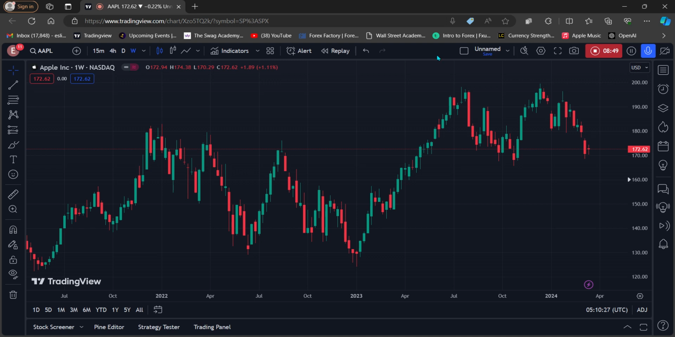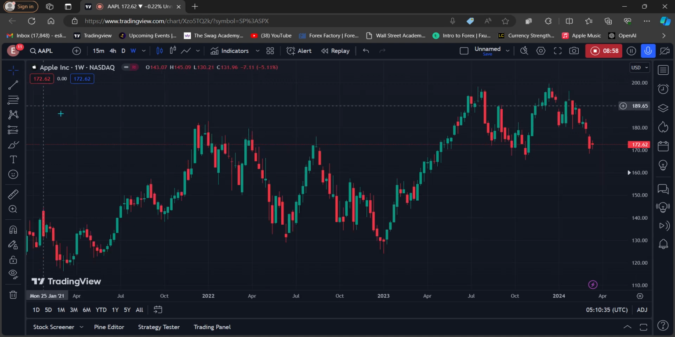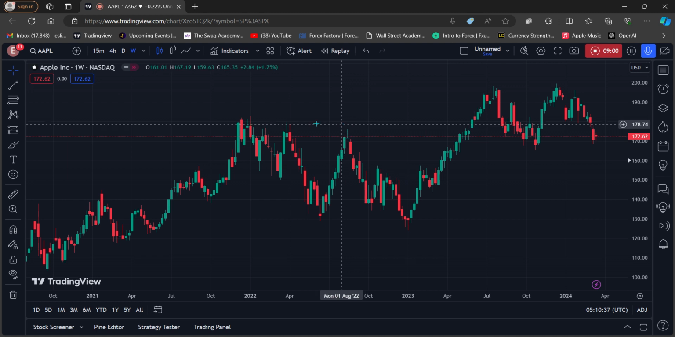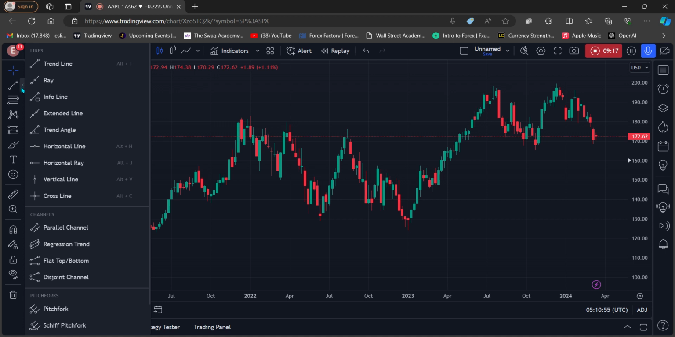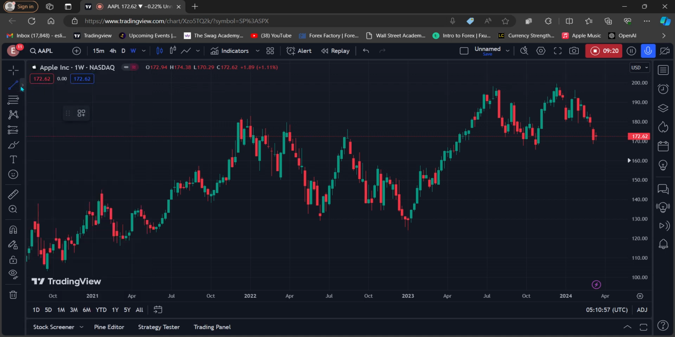There are other things at the top, but in this particular tutorial, we won't go over those. What I would like to go over is if you're into technical analysis, drawing trend lines, drawing support and resistance, this is what you're going to be looking at. It's a toolbar, and it's helpful for you to use to draw those type of lines and things. So if we click here,